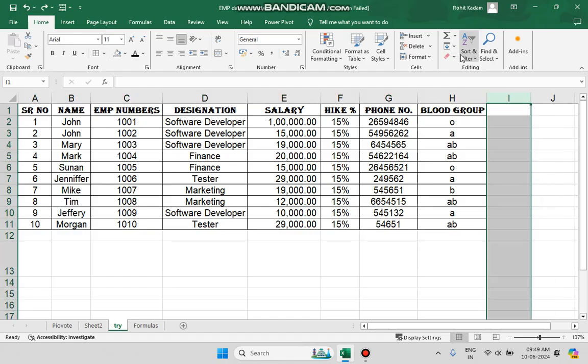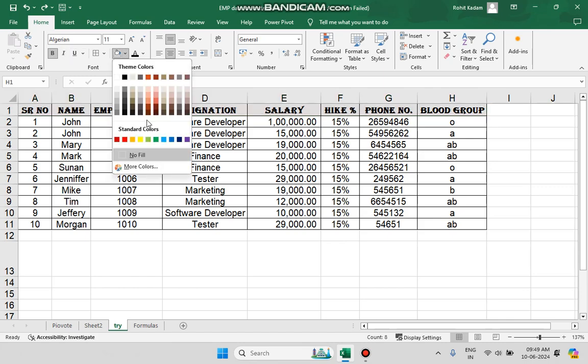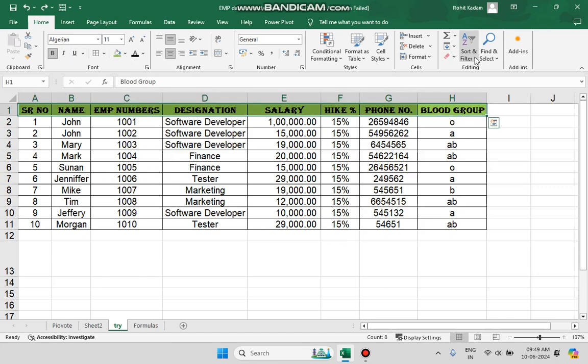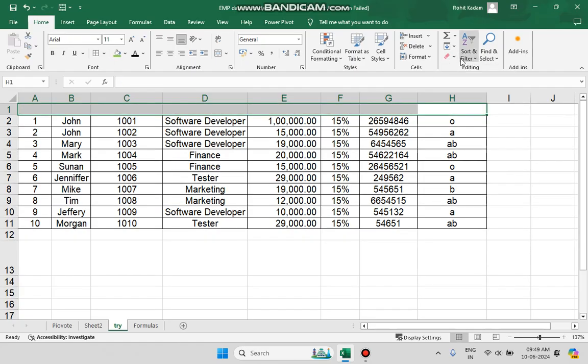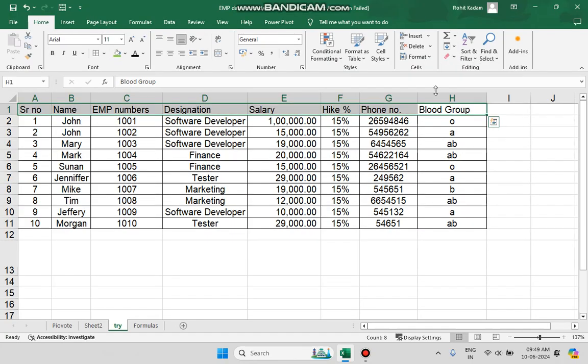Again, we have the clear option. Means if I'm applying something and I want to remove that, we can do that. Suppose I'm applying color. Let me apply a color over here, and I want to remove that. See, there is a clear all option, but I don't want to remove all. I want to do clear formats. See, when we say clear